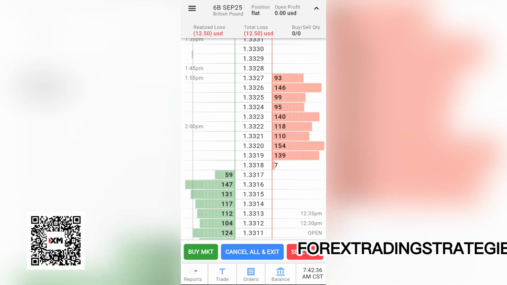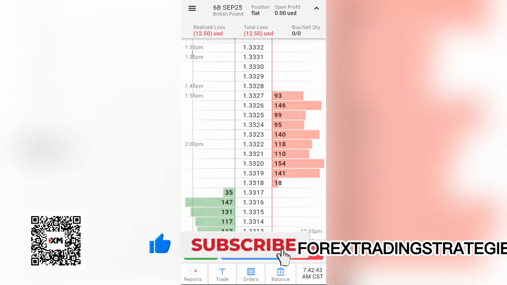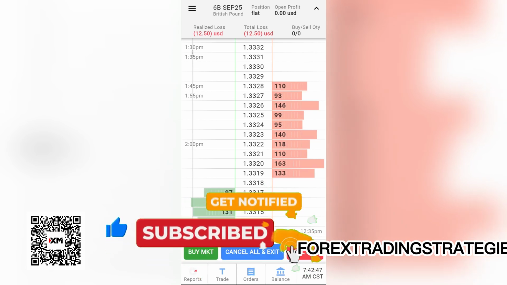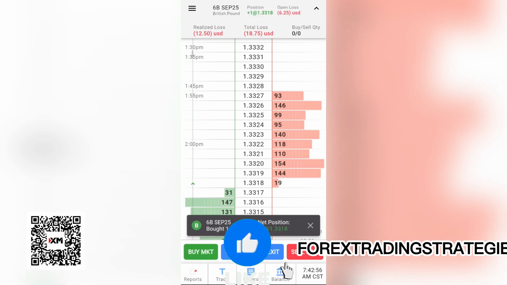It's as easy as, you have come to the instrument that you are going to be trading. For example, here I'm looking at a British pound, and you have made a decision that you want to buy at market price. So it's just a matter of tapping on buy market, bottom left corner, that green buy market,